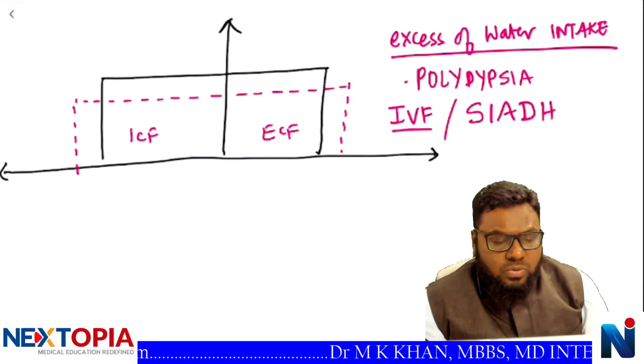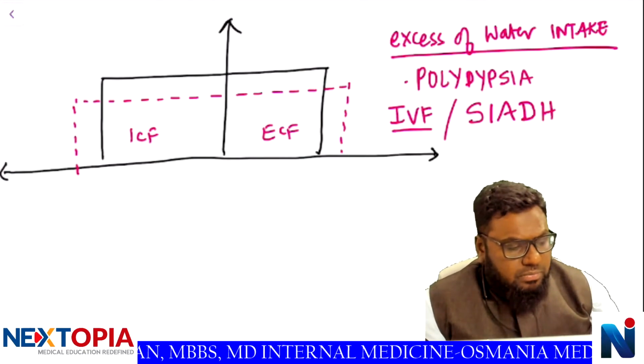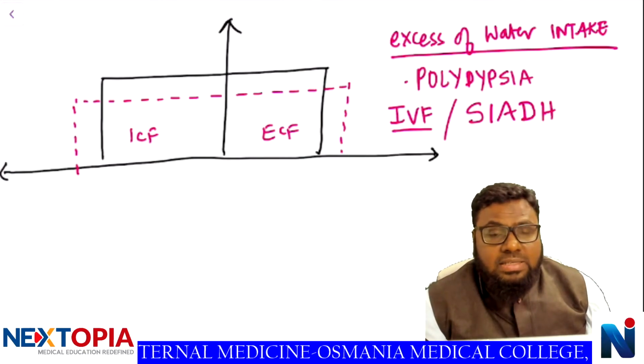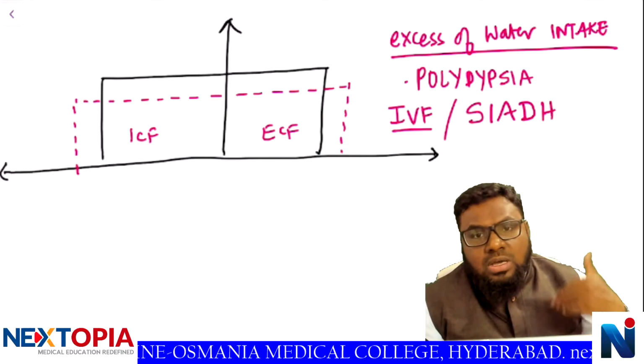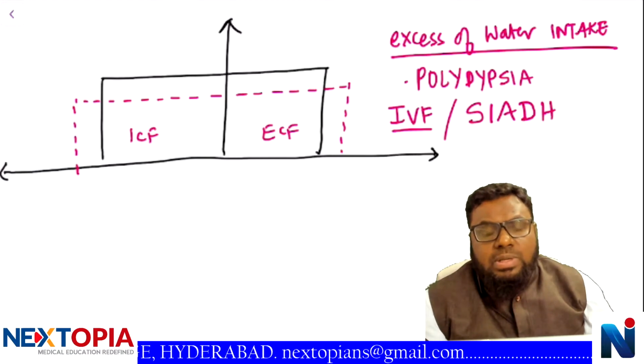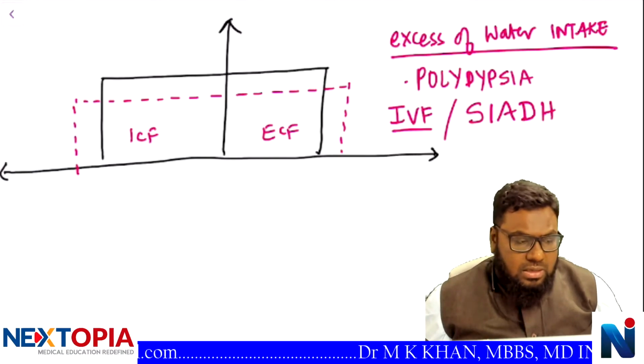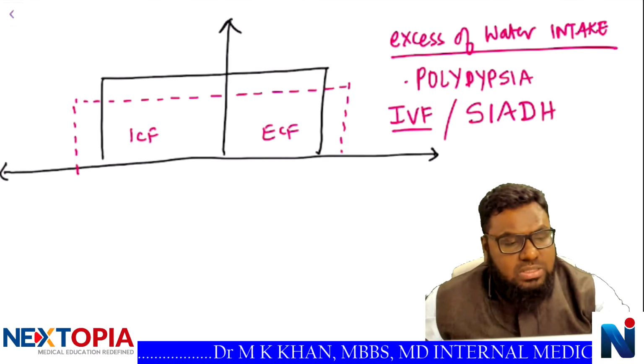All right, in this also the extracellular fluid volume increases, but the solute concentration comes down because of loss of solute from the body through the kidneys. Because of inappropriate ADH, a lot of ADH is secreted and that causes loss of